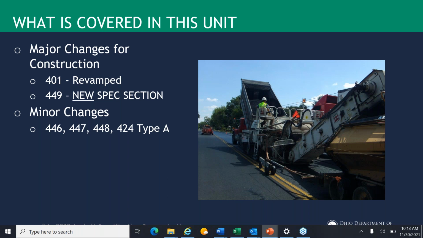So what are we covering in this unit? Well, the major changes for construction folks are going to be in the new 401 section. The section's been pared down to field operations only, as Dave mentioned. Specs such as that were in the old 401 regarding RAP, for example, have been removed and placed into other relevant sections.